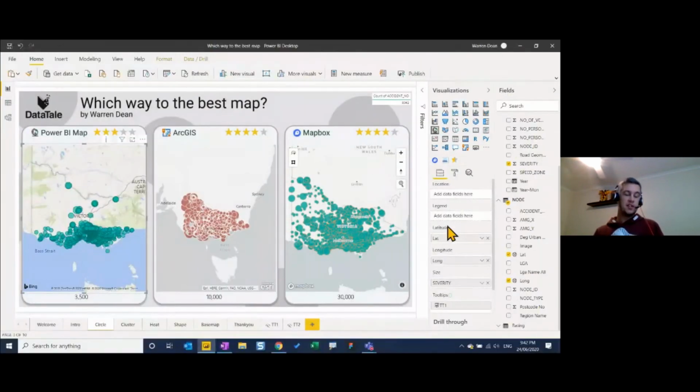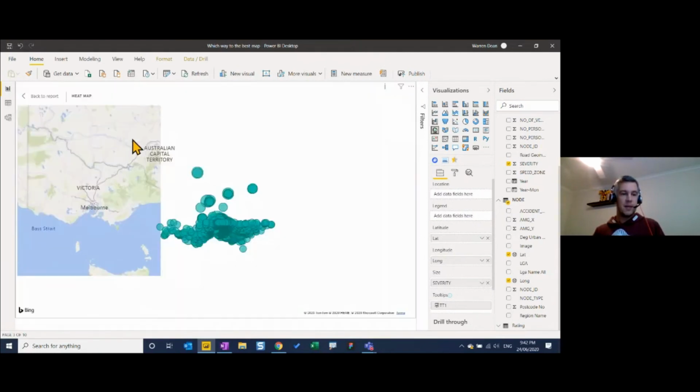If you have a street address, all these maps are capable of doing geocoding. So Power BI map will send it off to Bing, geocode that address and put it for you. There are obviously limitations on how many points it can do. If you have a latitude and longitude, it's always better and faster to use a latitude and longitude. So if we have a look at the Power BI map,